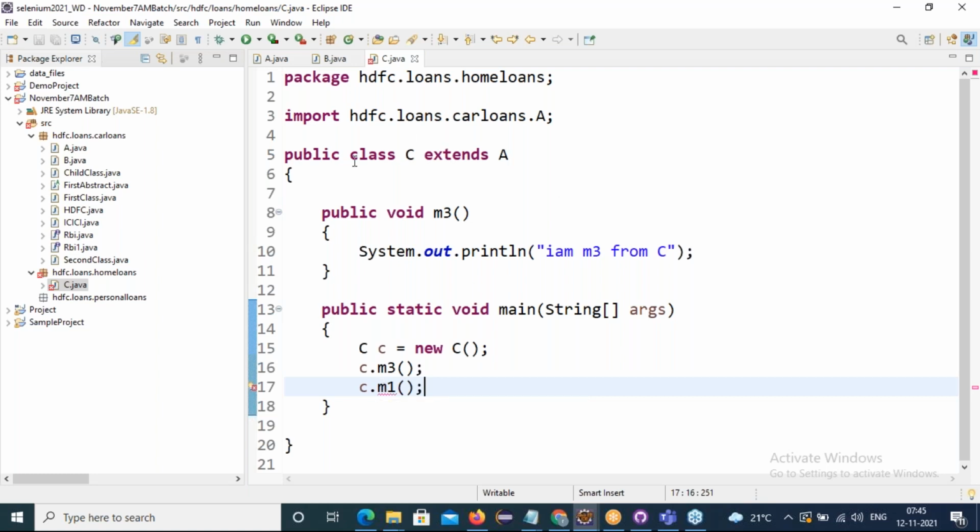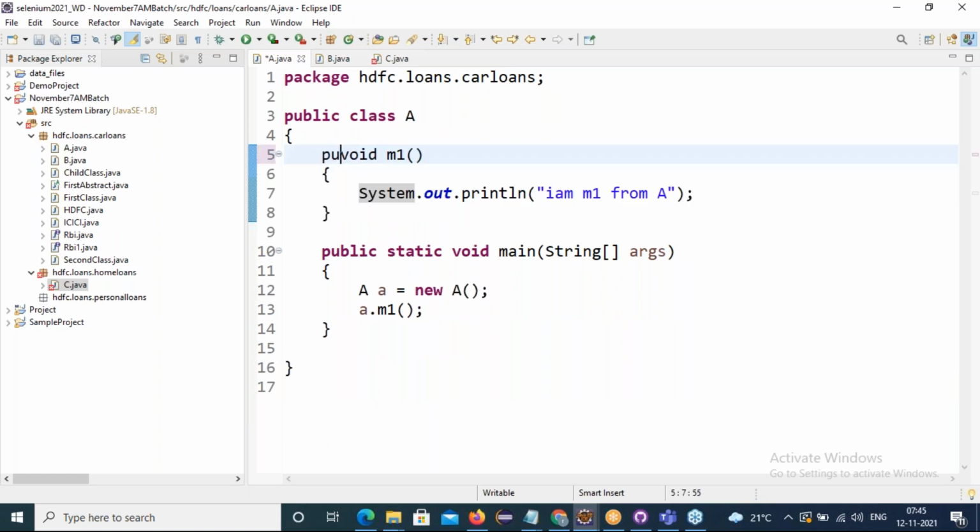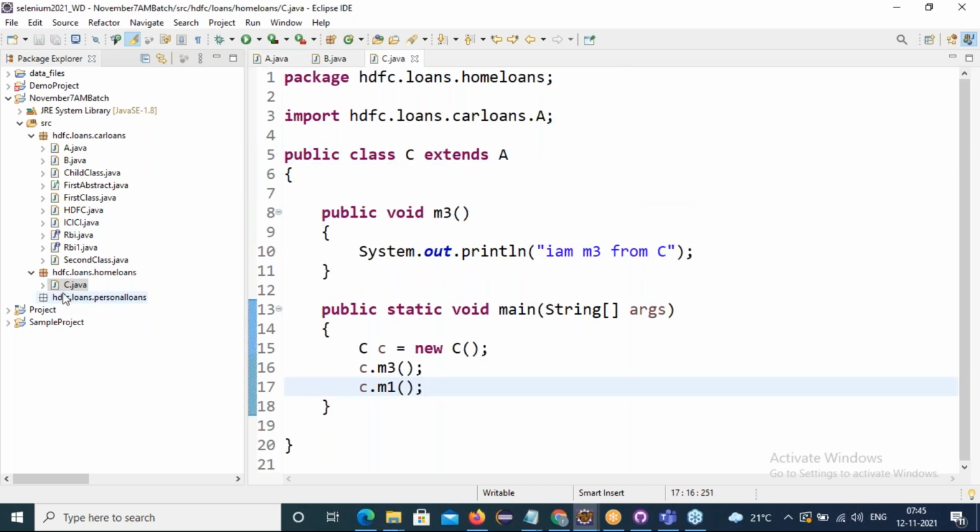Is everyone clear? If you want to access it outside the package also, then for this parent class method M1, I will give the access modifier public. Now see, happily in outside package class C also I can access public methods. Got the difference?